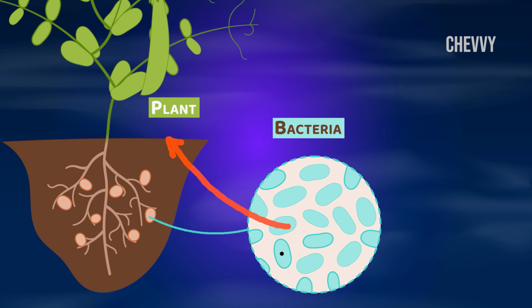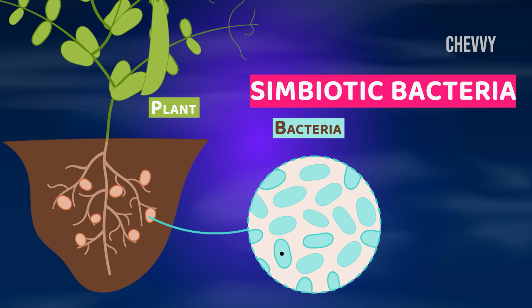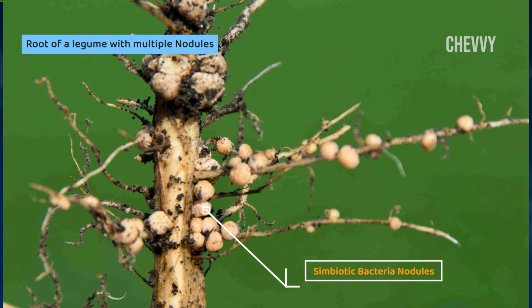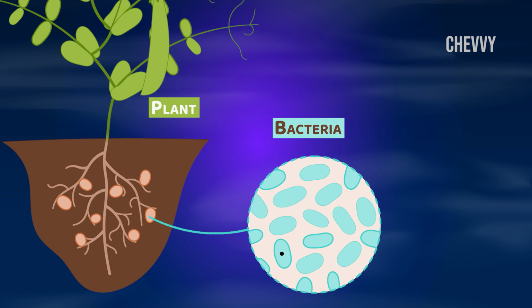The fixed nitrogen is then transported to other parts of the plant and used to build plant tissue so the plant can grow. The plant and the bacterium profit from one another, and these bacteria are known as symbiotic bacteria. Nitrogen-fixing bacteria like rhizobium typically dwell in the root nodules of legumes like peanuts. As a result of this relationship, legumes usually improve the nitrogen content of nitrogen-deficient soils.